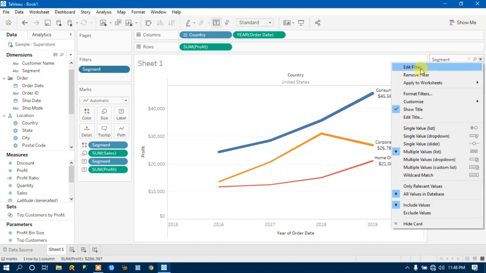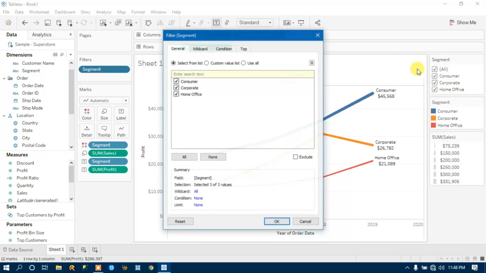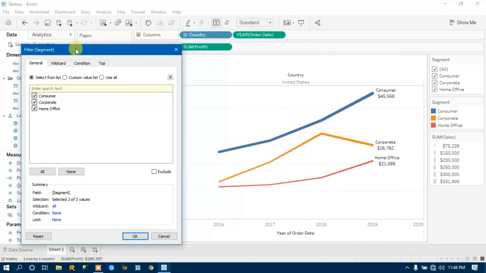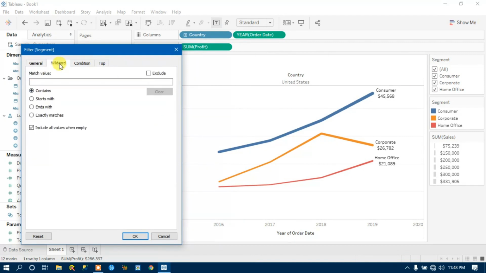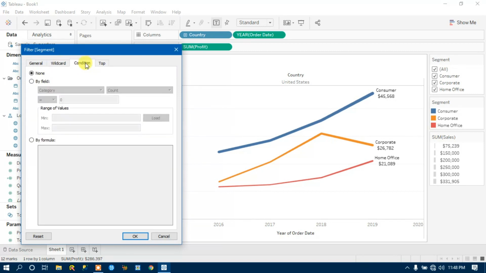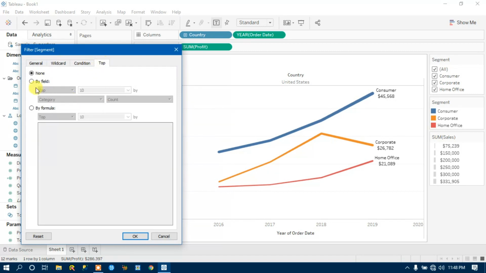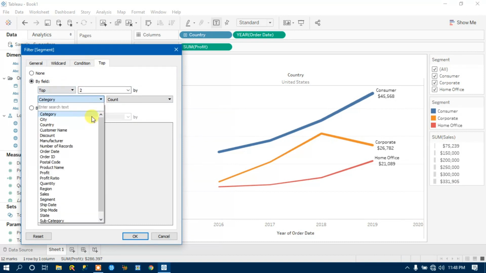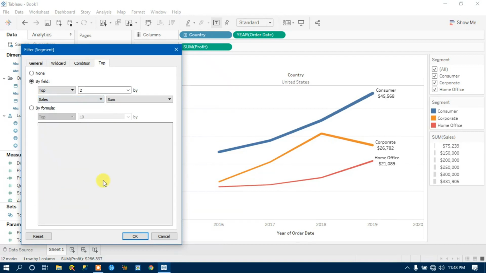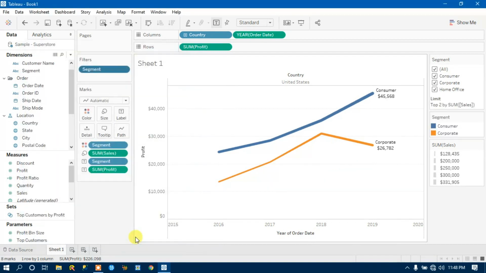If I click on this edit filter, it gives me an option for how you can filter the data, filter the visualization, by using this option. You can use a wildcard, you can apply a condition, you can apply top. If I apply top, let's say I want to check the top 2 sales, who has performed the top 2 sales.